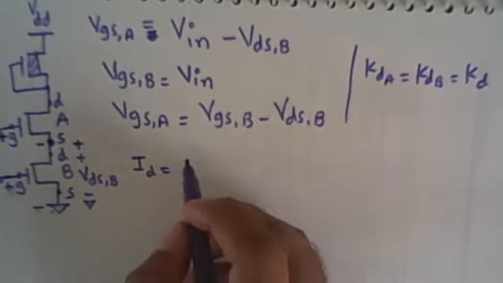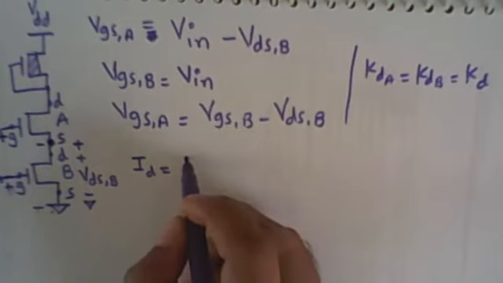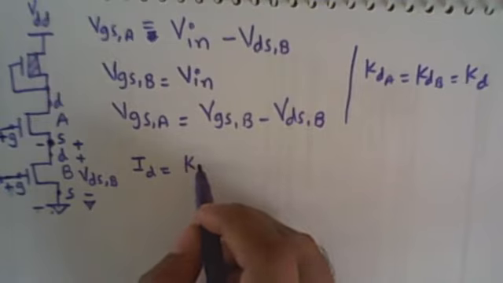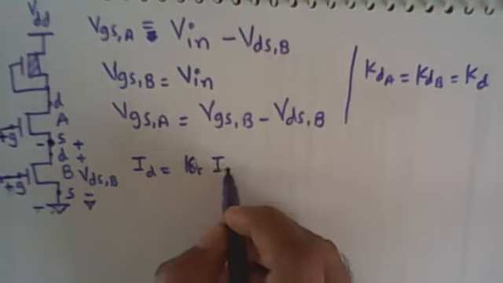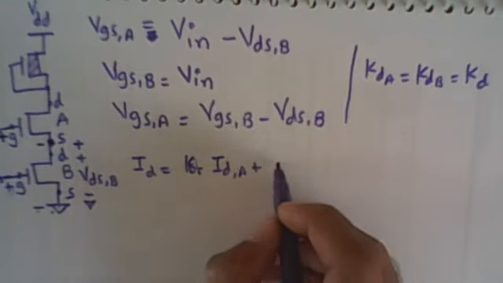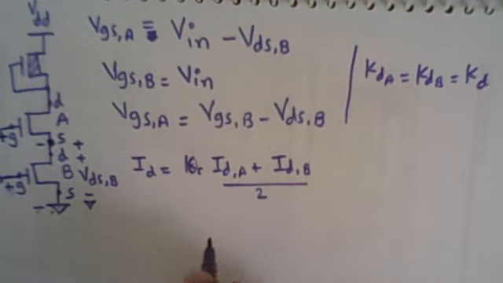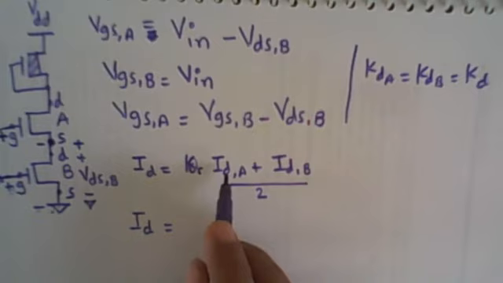Then we can write the ID current, which is the addition of 2 ID current divided by 2. So it is ID of A, which is operating in the linear region, plus ID of B, which is also operating in the linear region, divided by 2, and both are operating in a linear region. So ID current, we can write ID of A by 2. So ID of A in linear is KD by 2, so divided by 2 it is KD by 4.